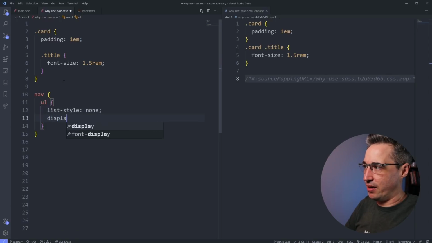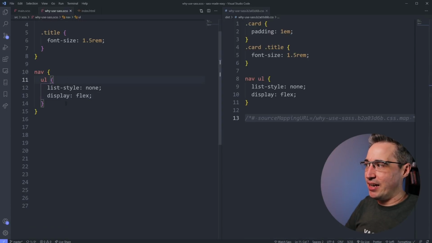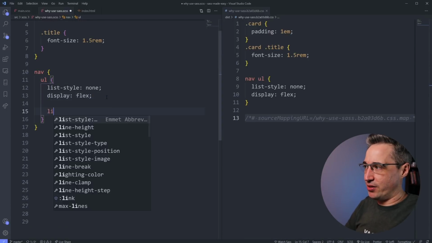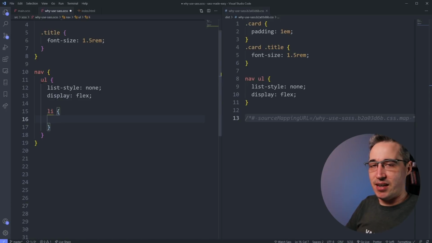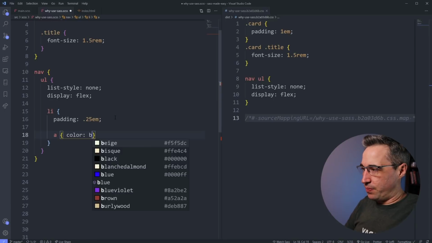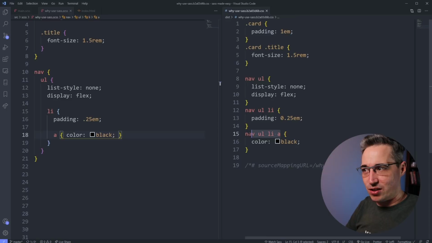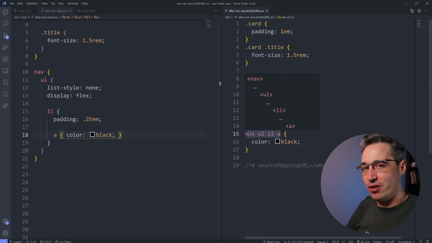Now what some people will do is they'll say LI, because my LI is inside my UL, and then on this they'll say padding 0.25em, and then they have their links in their HTML, so they come here and say A, and then color is black. And then you're getting these compound selectors that are over the top,